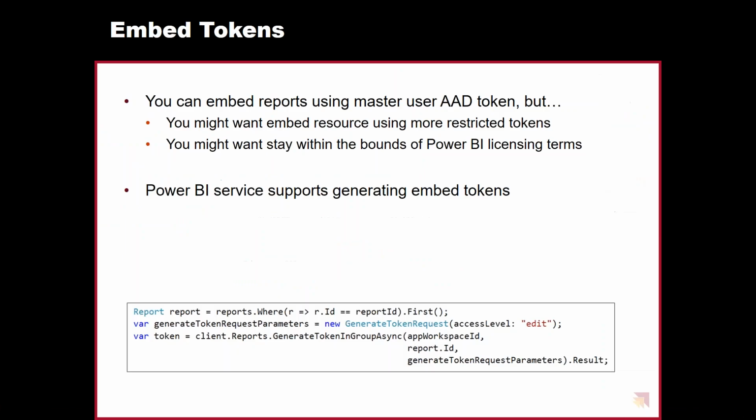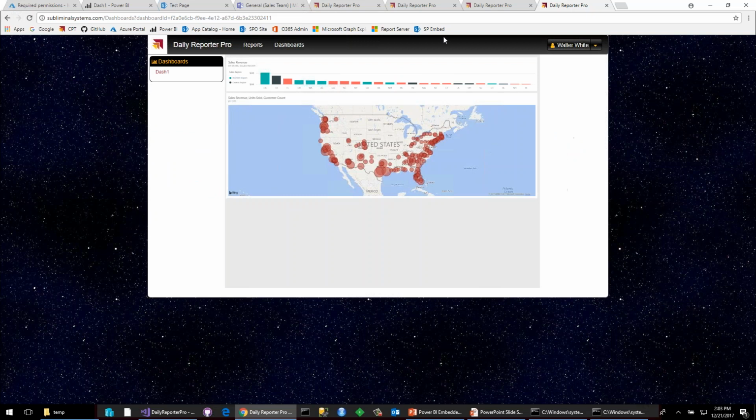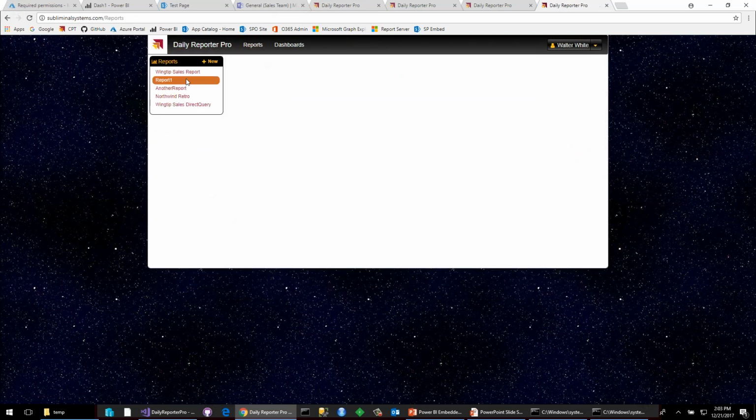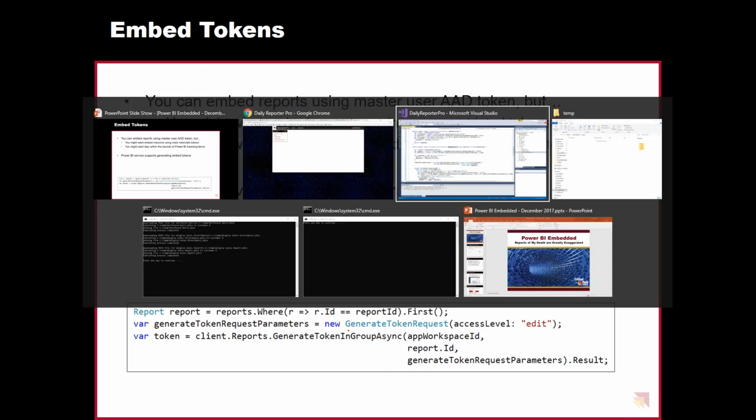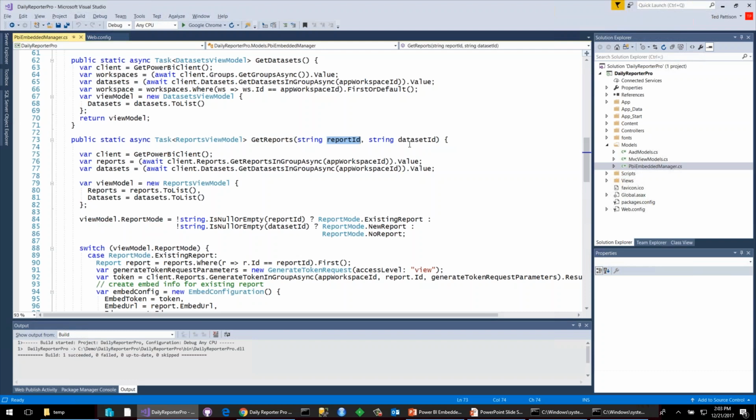And the idea here is that someone's going to come to a particular page, such as reports. And note that when you go to reports, there might not be any query string parameter. And if that's the case, we're just going to show the reports. However, if we get a query string parameter that has either the report ID or the dataset ID, if I see a query string parameter with the report ID, I know to open and load an existing report. If I see a query string parameter that says dataset ID, I know to create a new report based on